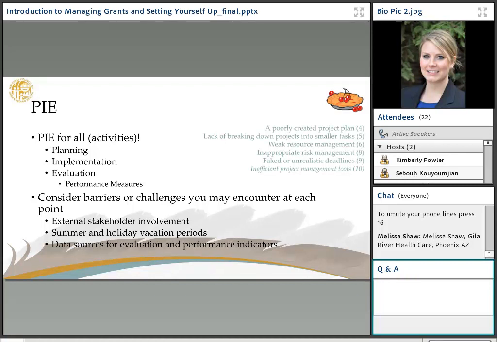And I think that this is a really big one for Indian country, especially as we always tend to have external stakeholder involvement, whether it's our community members, our board members, our staff. It's a lot of stakeholder involvement in all that we do. You also want to use that to be mindful of summer and holiday vacation periods.